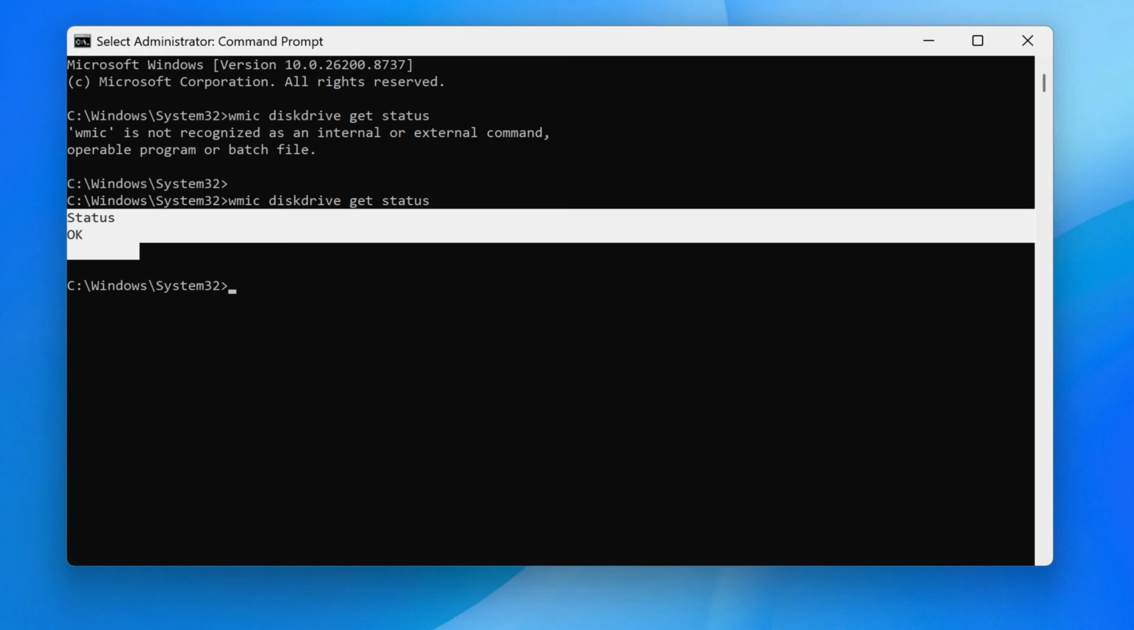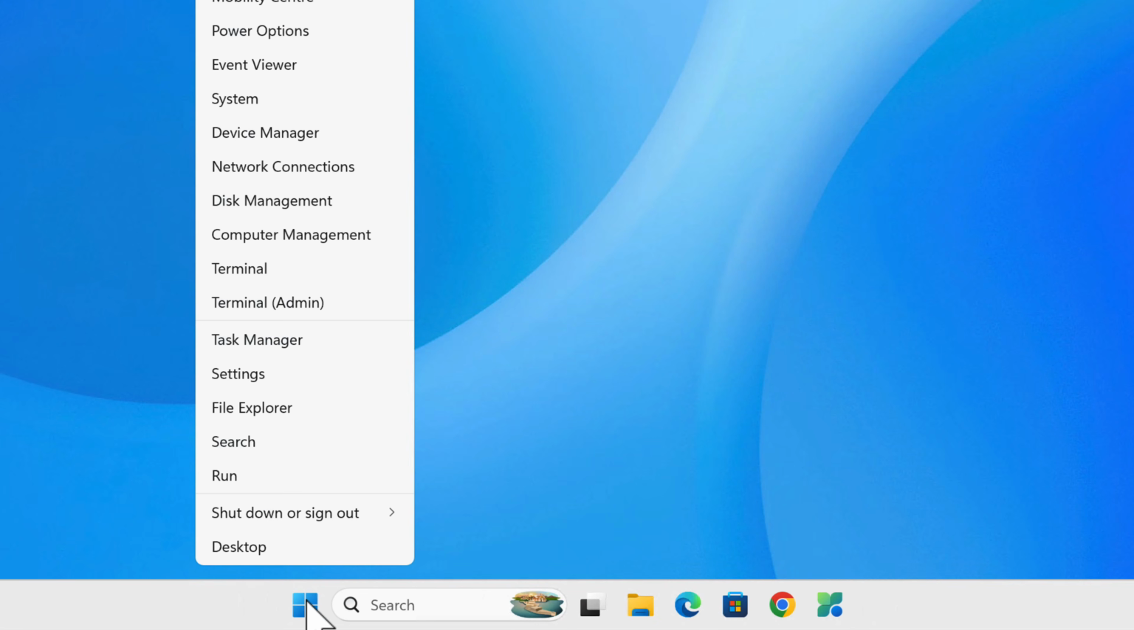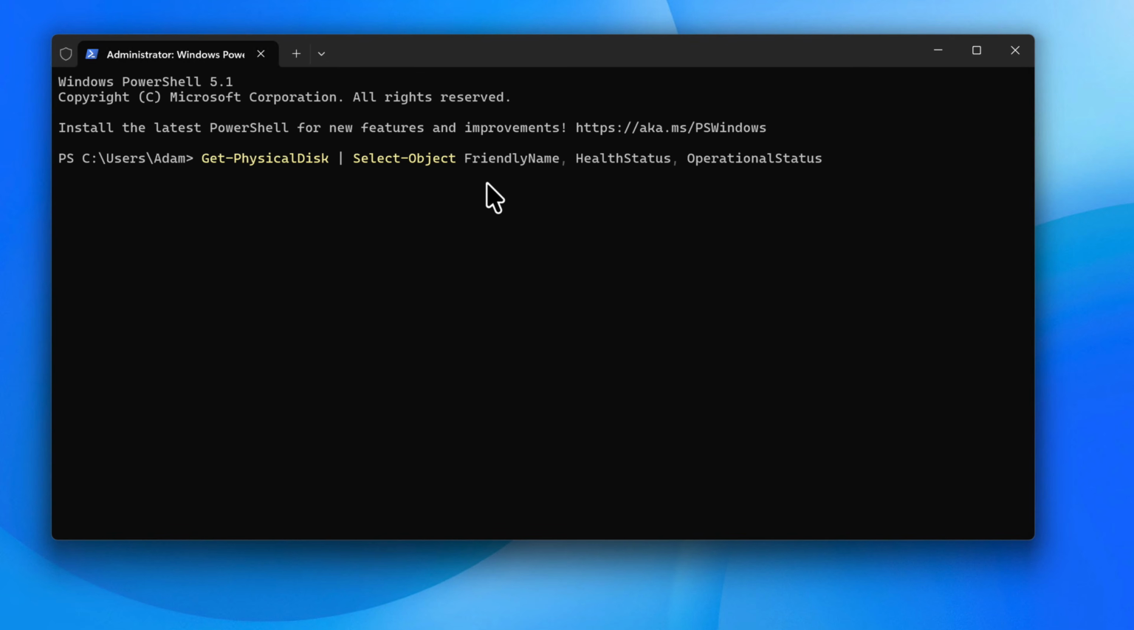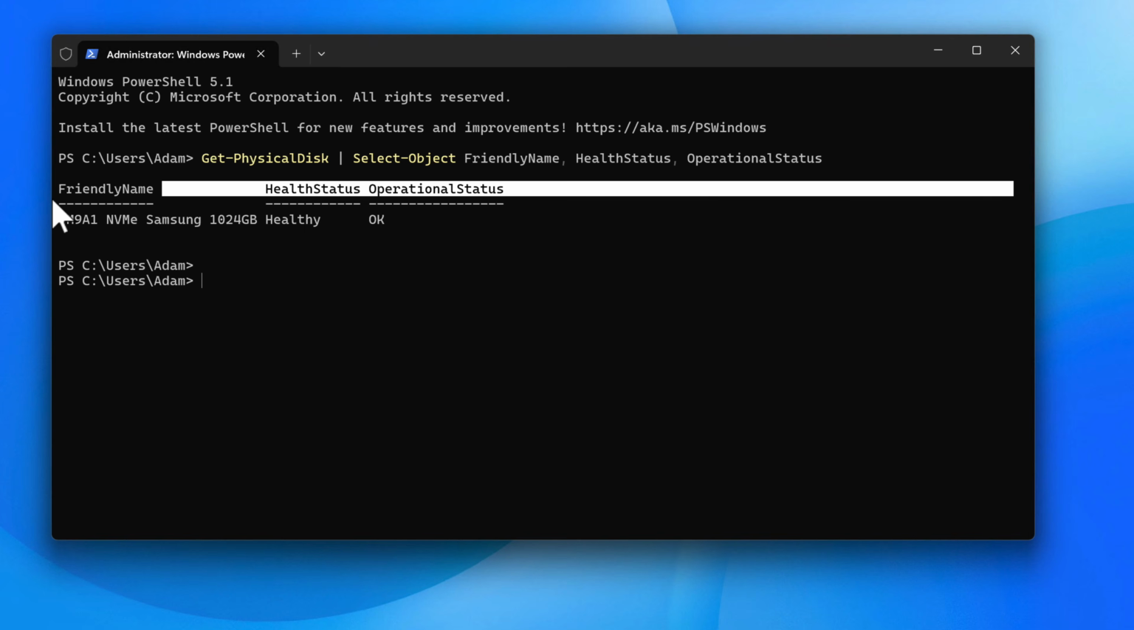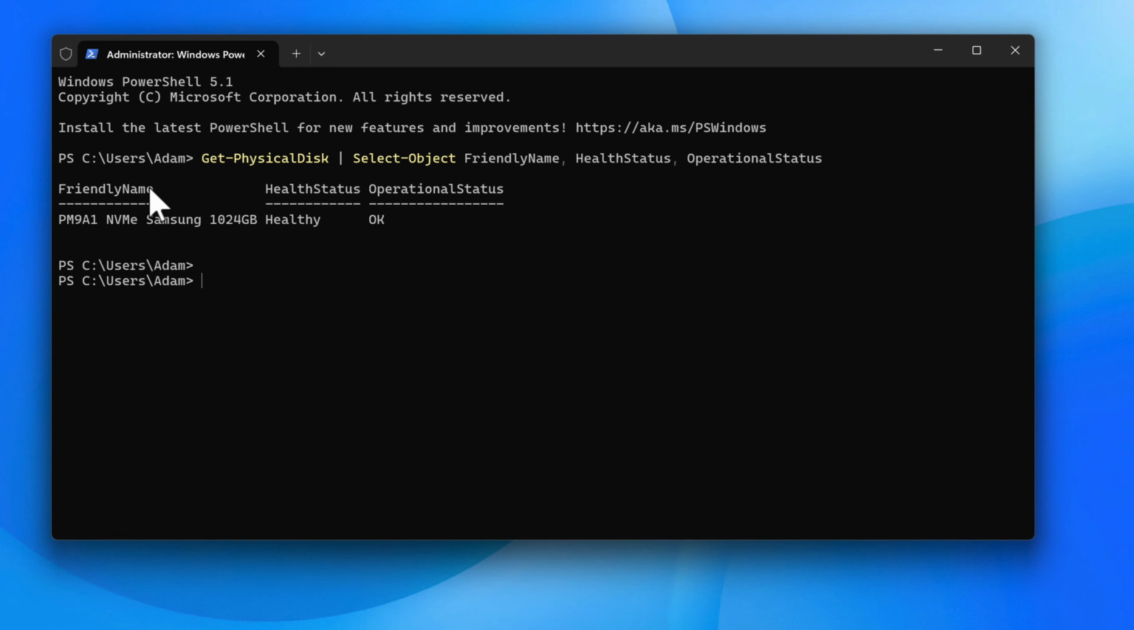For Windows 10 and 11 users who want a more reliable option that doesn't require WMIC, open PowerShell as administrator and type Get-PhysicalDisk | Select-Object FriendlyName, HealthStatus, OperationalStatus. Press Enter. PowerShell returns 3 columns for every physical disk in your system: FriendlyName, the drive model name,